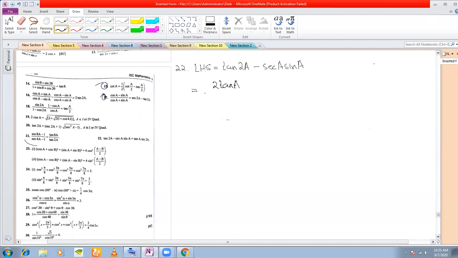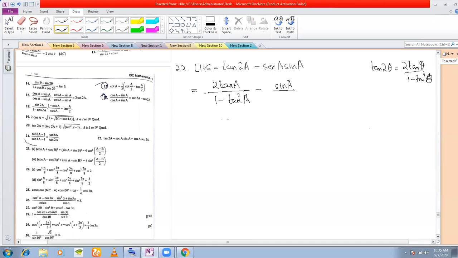You know that tan 2 theta is 2 tan theta by 1 minus tan square theta. So write tan 2a as 2 tan a by 1 minus tan square a,